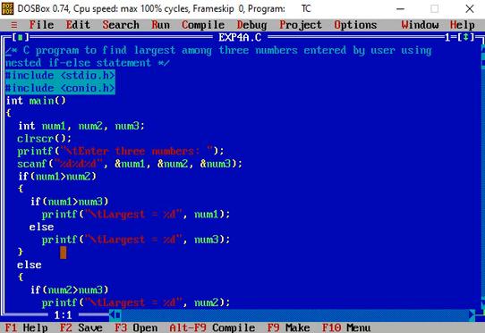Else, if condition is false, then else part is executed and largest number equals num3.